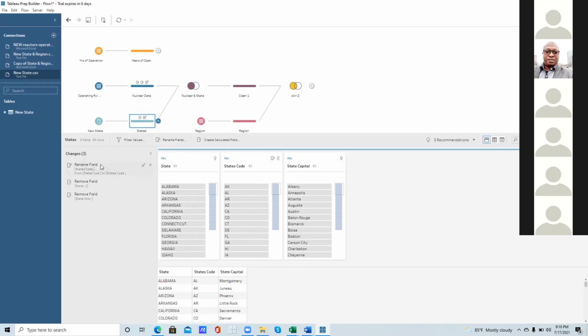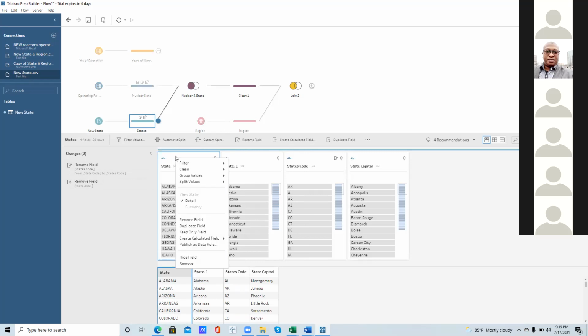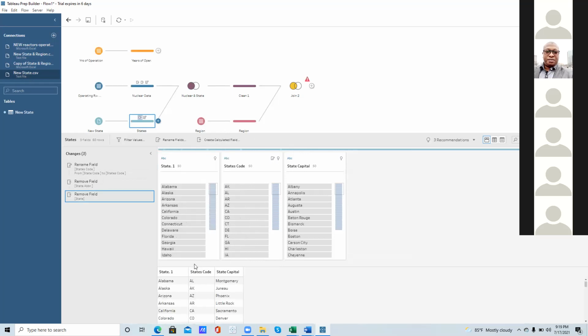Okay, so the one that has the states, just cancel the one that has the states. State 1. Yeah, the state 1. Just cancel that exclusion. You see where I see that X, just X to bring it back. This one? Yes. It should bring it back on. All right, so that state that is in capital, that capital state, the first one, delete that one. This one? Yes. Delete it. Okay. Then the one that has state 1, rename it as states.